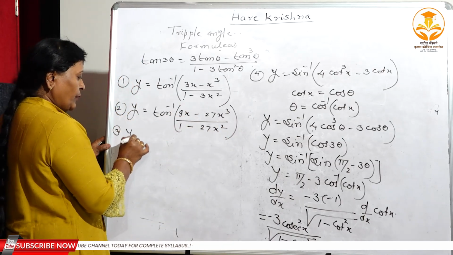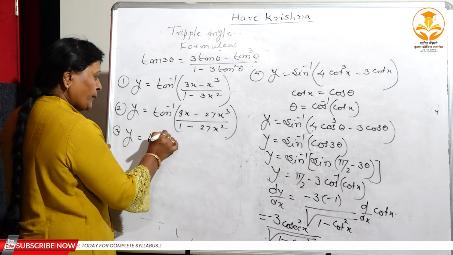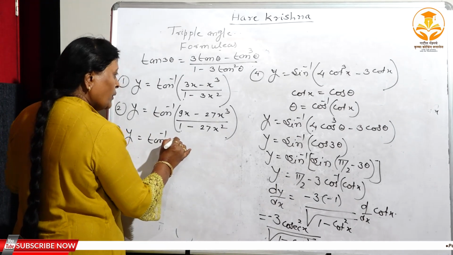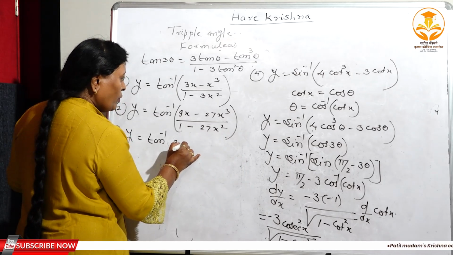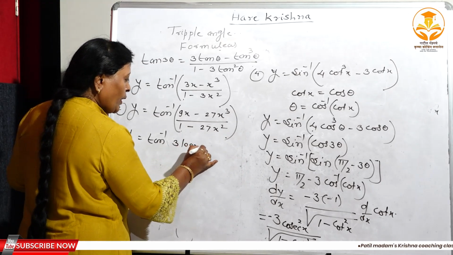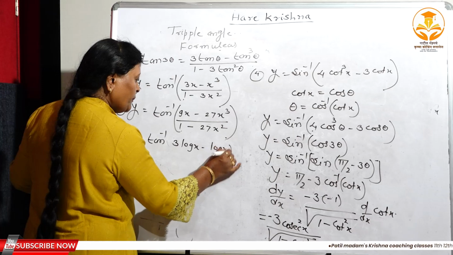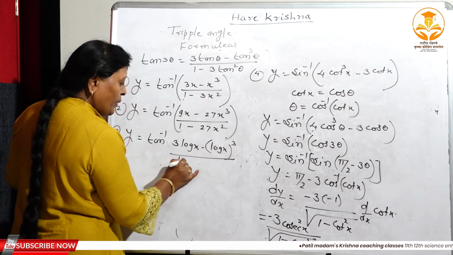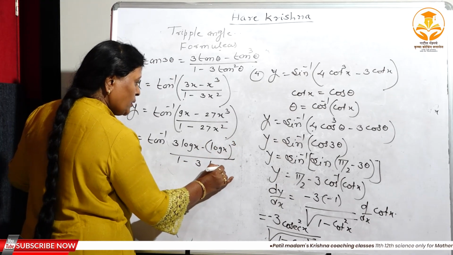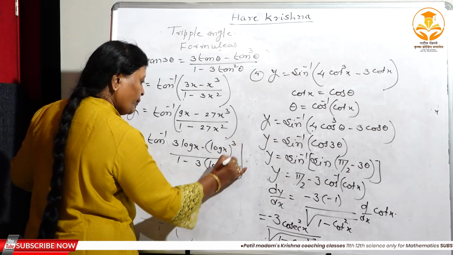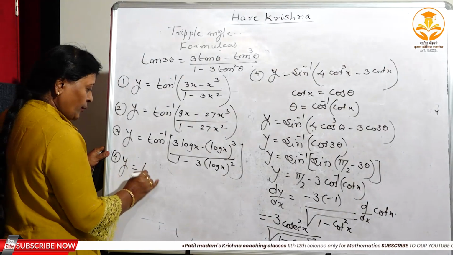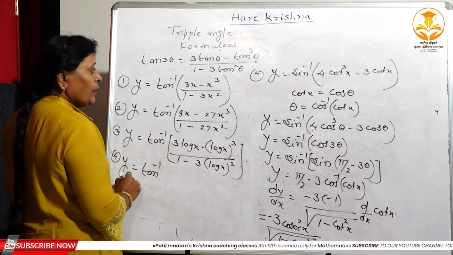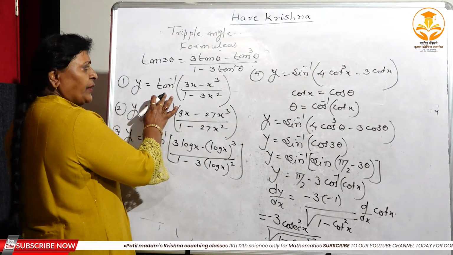Third one, y is equal to tan inverse, here that is 3 log x minus log x whole cube divided by 1 minus 3 log x whole square. Right? Here fourth one, y is equal to tan inverse, here again you can convert this problem in the form